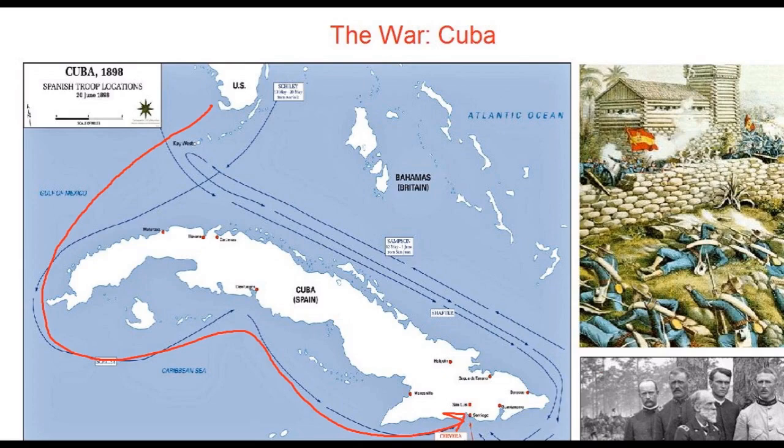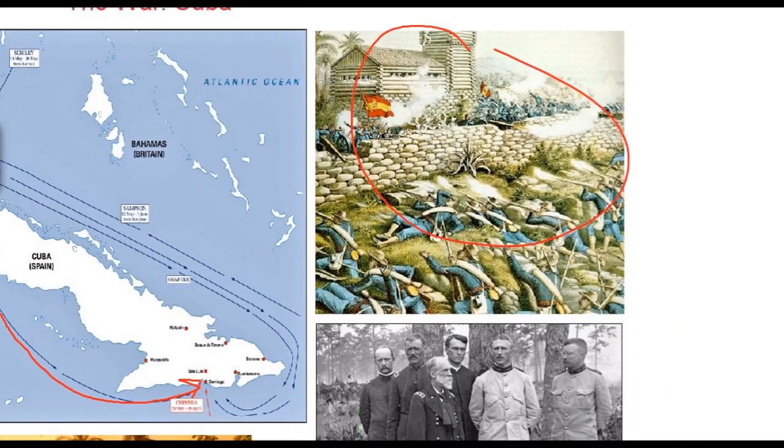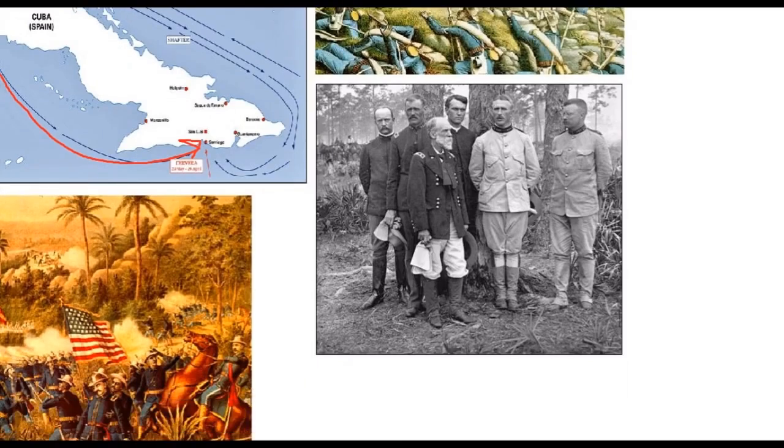And in a series of short battles that take place after the landing, including the Battle of San Juan Hill, depicted here, the American forces achieved a pretty profound victory over the Spanish forces. It's a tight battle, but thanks to the efforts of a number of organizations, including Theodore Roosevelt's Rough Riders, which is a group that was organized by Roosevelt, who later goes on to be president. Here he is depicted in this black and white photo.